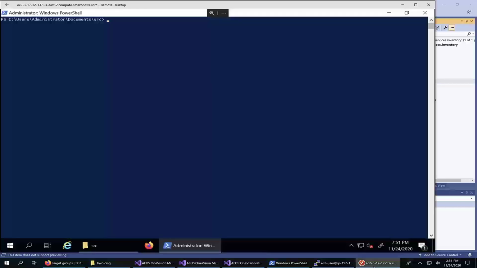To do this, we'll switch over to our Windows Server EC2 instance. This is a development server running the inventory microservice as the default website in IIS. This is the microservice that we want to package using apt2 container. To run apt2 container, we'll start with a PowerShell window, since apt2 container is a command line tool. I've already set up and initialized apt2 container on this instance as per the documentation, so we can get started